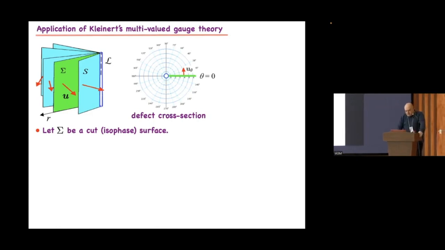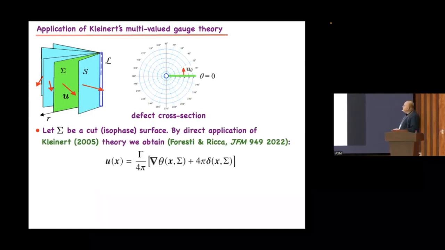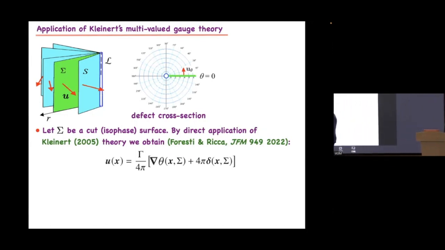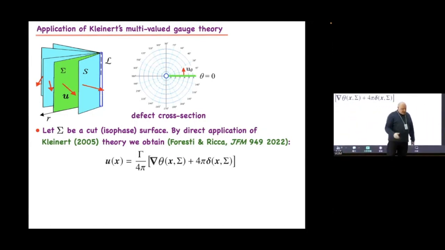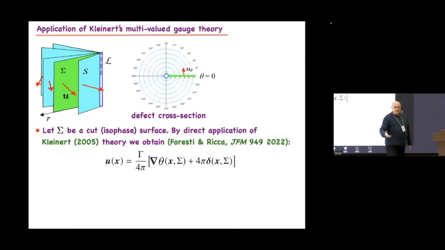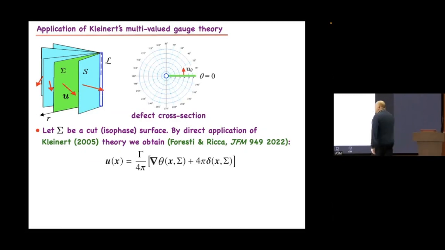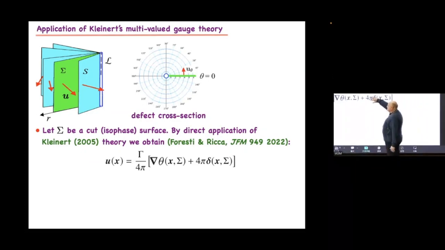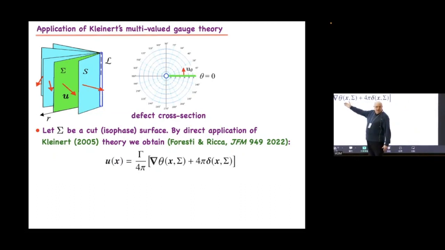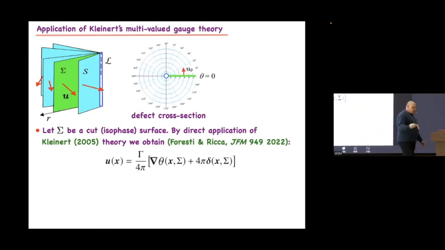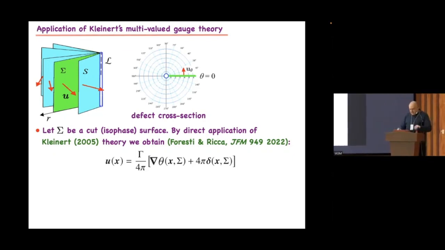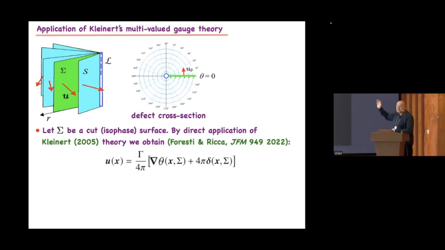Then you apply multi-valued theory, and by application of Kleinert's theory, you can correct the velocity. You know, the velocity is grad of theta in principle. And then you have vorticity, that is the curl of the velocity. So if you were not able to correct this, then the vorticity would be zero. But you have a velocity due to the grad of theta, and so you have to use a little bit of technique, and by distributional method in this case, you can produce this result.